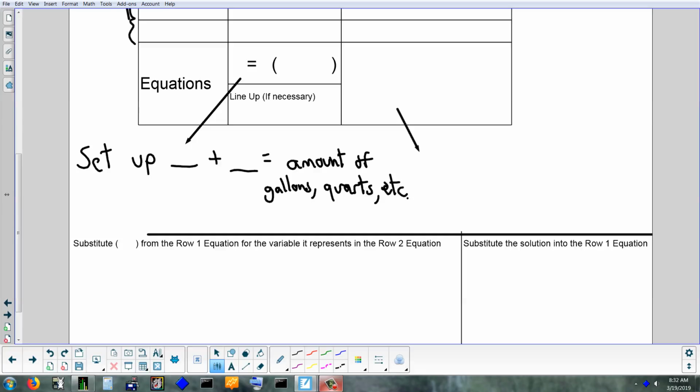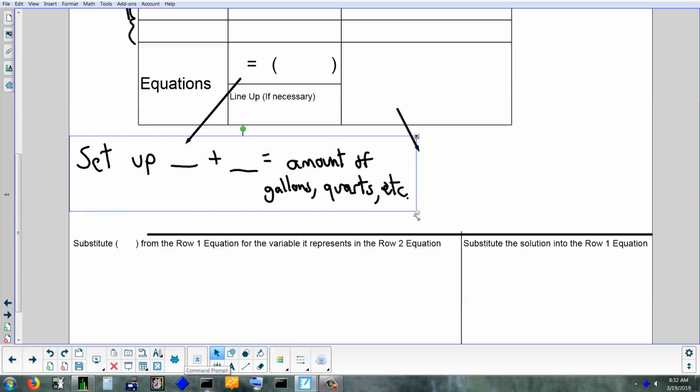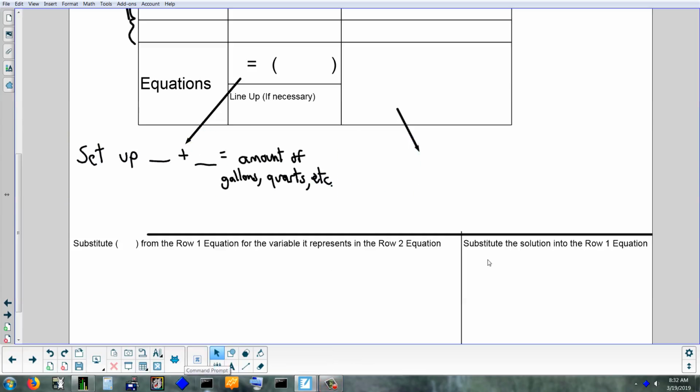That's why we're going to have to write this setup and put it in that lineup box, because we have to move stuff around to get the variable by itself. Like I just said, like yesterday, when the sum of their ages was 52, we had to rearrange. When we're doing these mixture questions, word problems, we have to be able to rearrange to get a variable by itself, just like the sum of ages we did yesterday. All right? And then for our row 2 equation, it's going to be